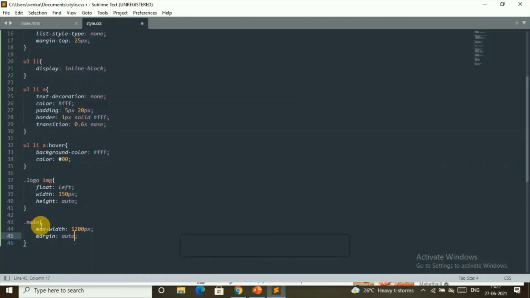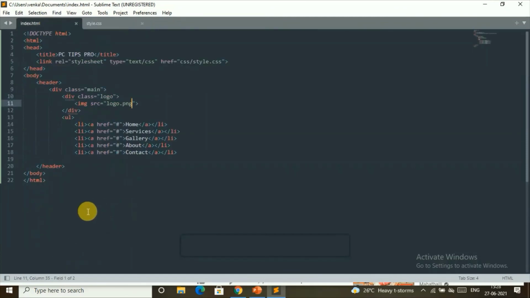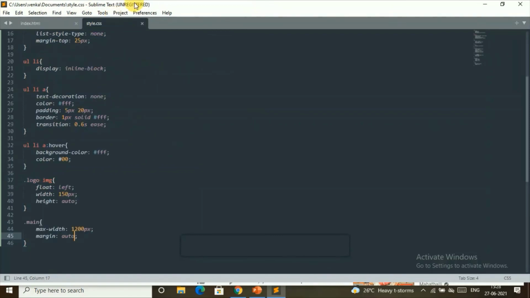And to get good spacing for your main header portion, you can just use this for spacing, like you can give this max width to be 1200 pixels and your margin to be auto, and you can just save this. And in a similar way you can even add your headings by using h1 tags, h2 tags. So h1 tags are used to add your headings, and you can even add your images, links, and many more using HTML and CSS. You can give your text here, you can style them using CSS, and you can really make beautiful websites. So this is all for this video, guys.